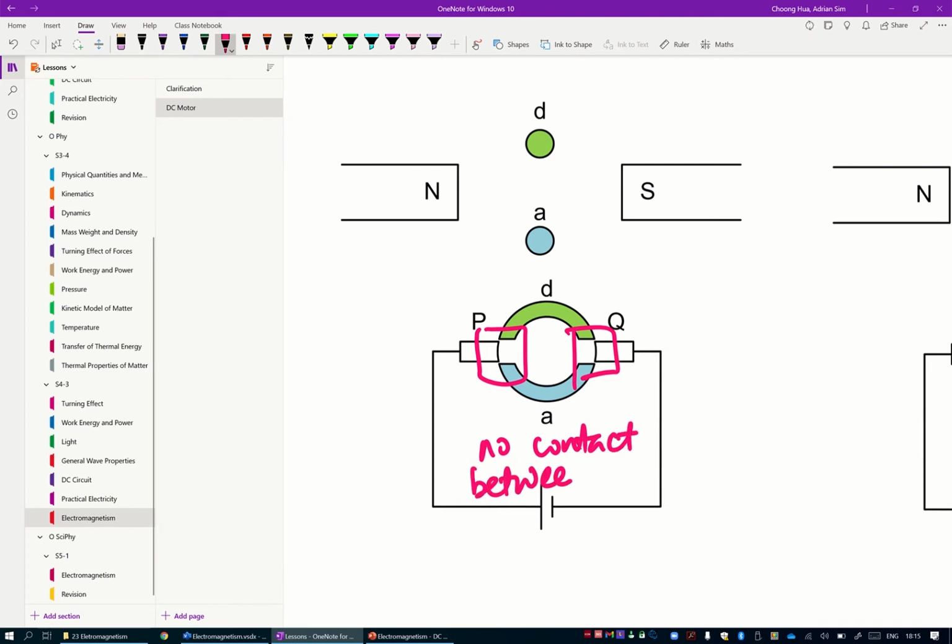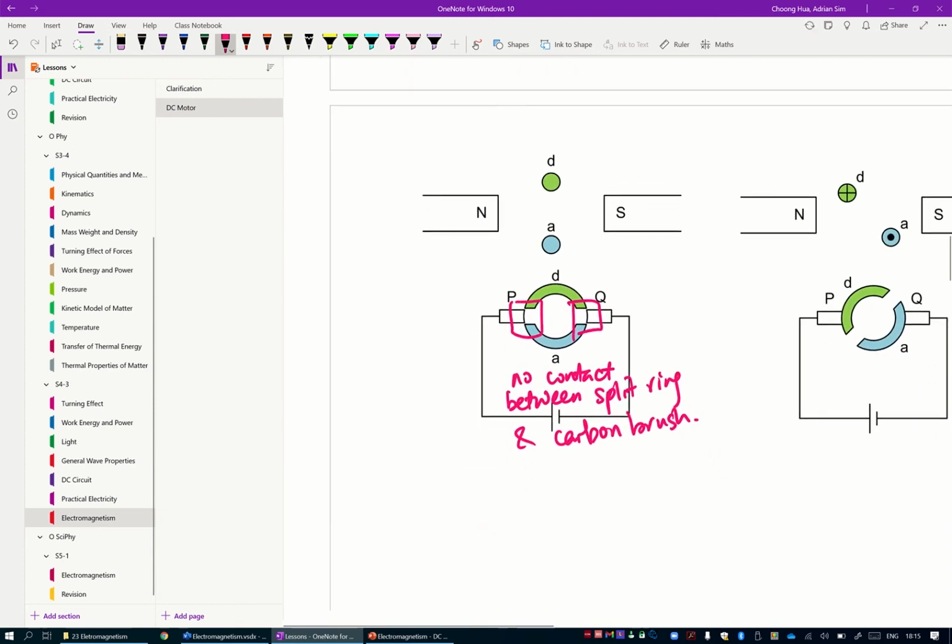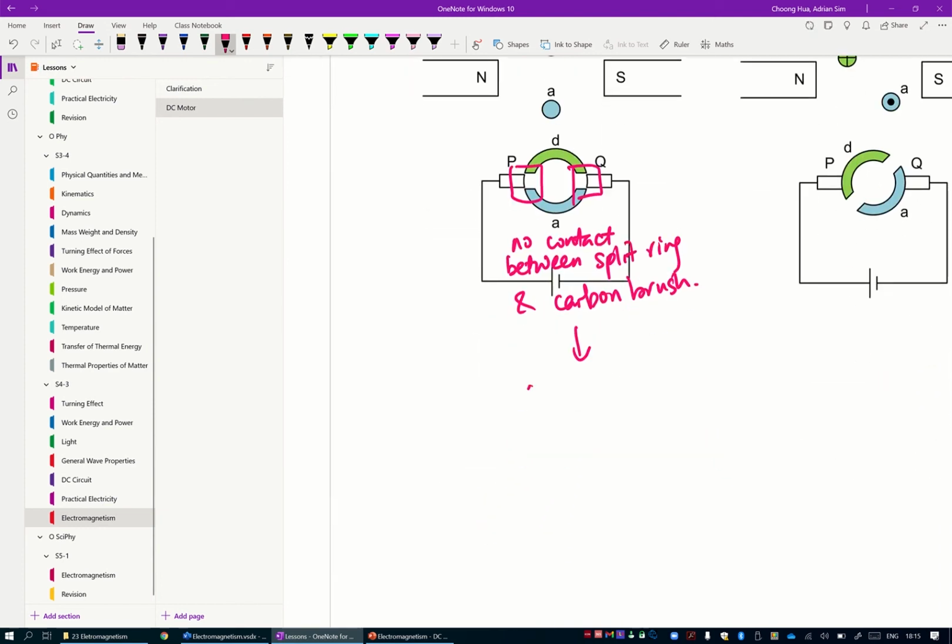Can you see there is no contact between the split ring and the carbon brush? Right? There's no contact between the split ring and the carbon brush. And when there's no contact, that means there's no current. Right? When there's no current, that means there's no interaction